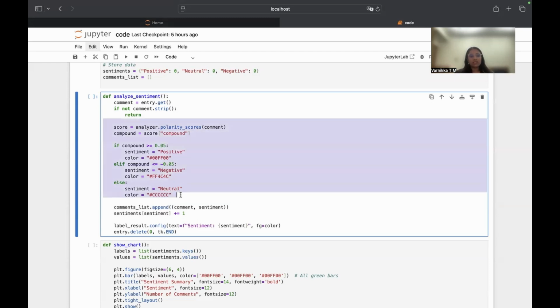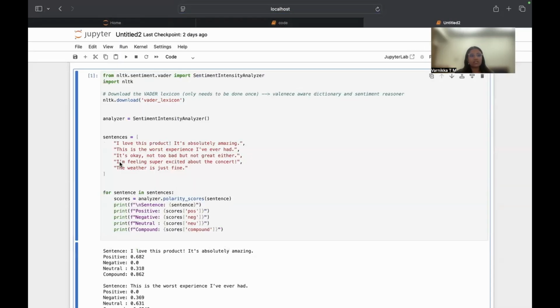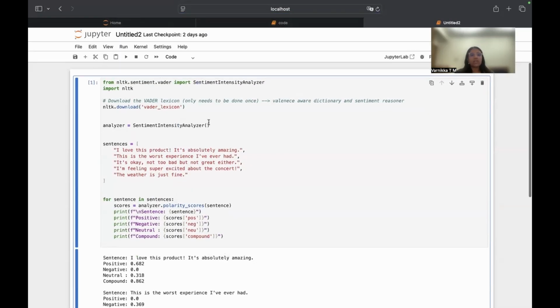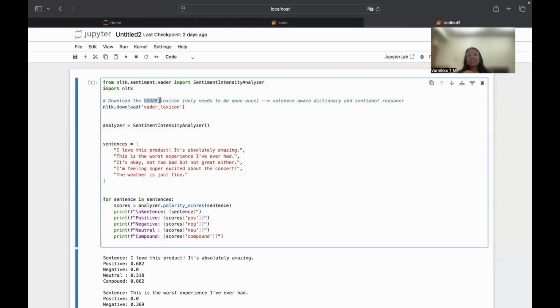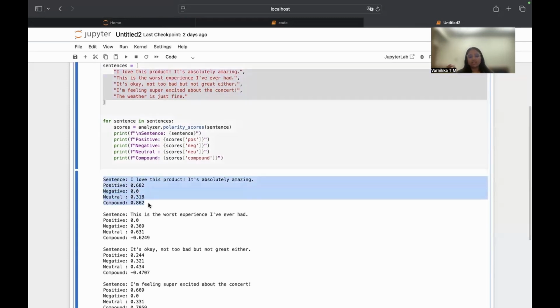Before I explain this entire chunk of code, I want to explain a basic example of sentiment analysis. This is a basic example where, as I'd already mentioned, we are using the VADER package. VADER basically means Valence Aware Dictionary and sEntiment Reasoner. Once again, we're using an object over here. We're giving in some comments, and these comments are being numerically equated to sentiments. So numeric sentiments are basically being assigned.